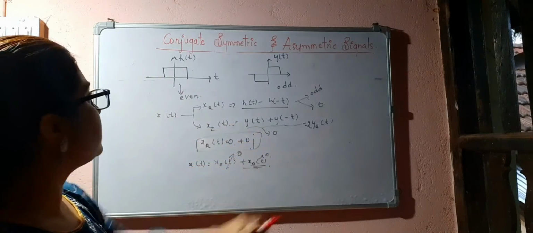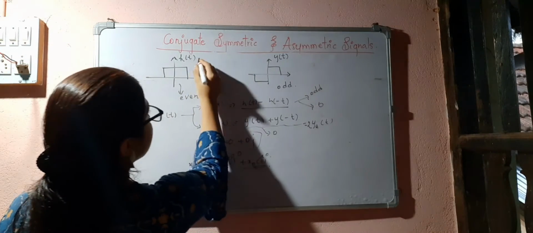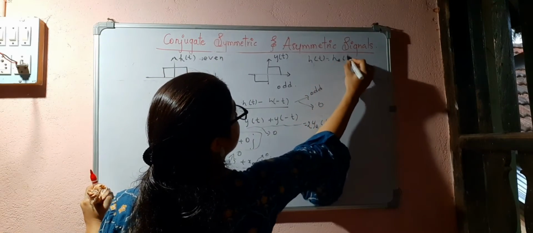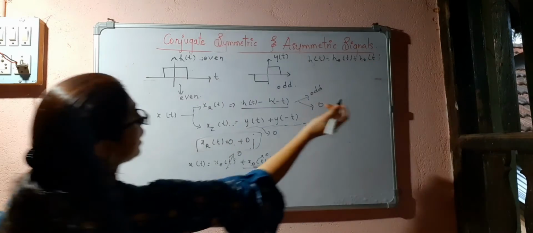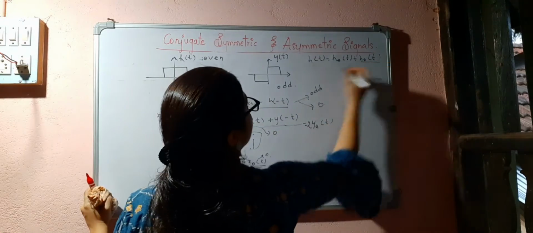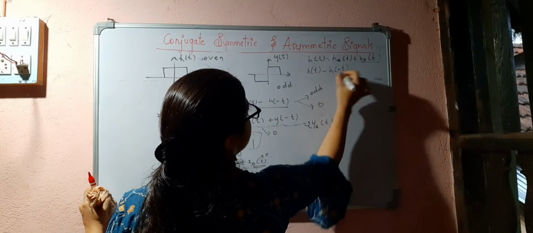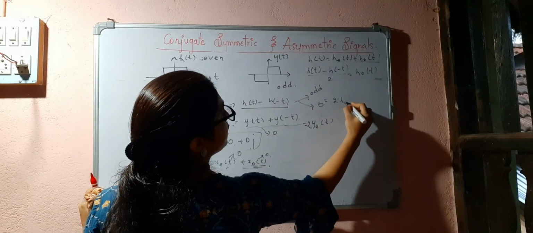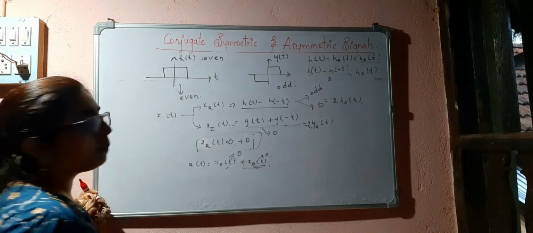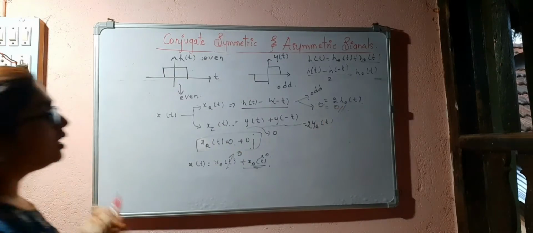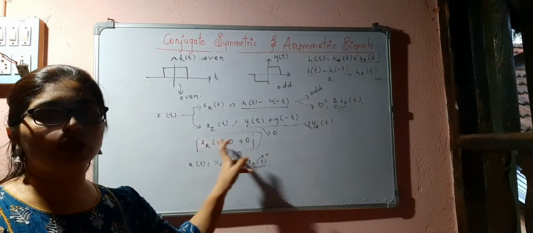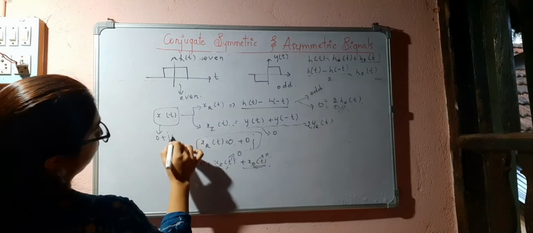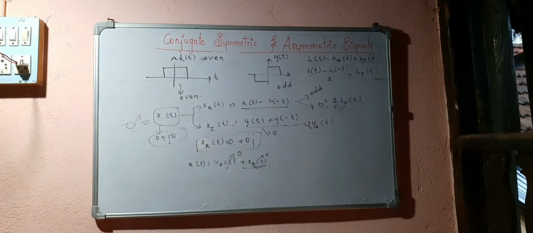So here also we can apply the same thing. This is an even signal. h of t is an even signal. Now h of t has two parts. If we consider h of t plus h of minus t, okay. Now to find h of t minus h of minus t by 2, that is h of t. So this is nothing but it is equal to 2h of t. But this doesn't have an odd part, so this becomes 0. That's why I have substituted 0 here. 0 plus 0j. Okay, so x of t will be 0 plus j times 0. So x of t is 0.